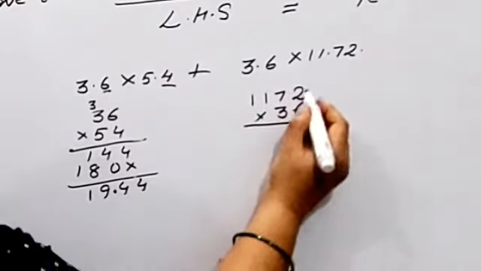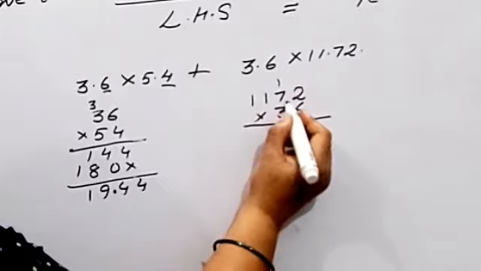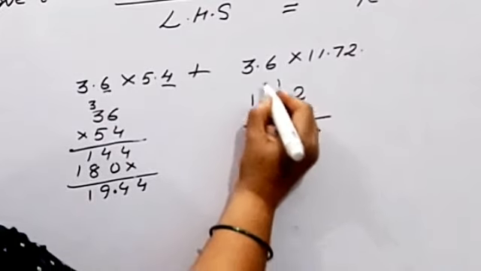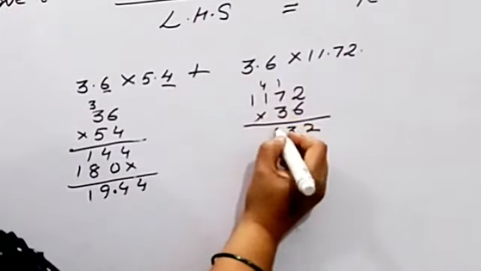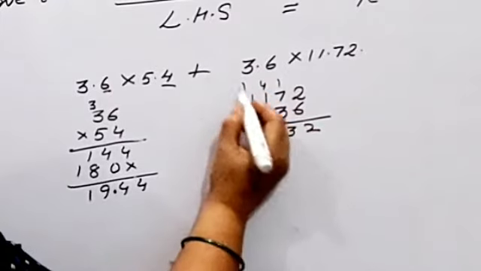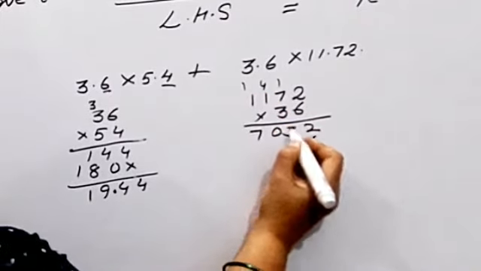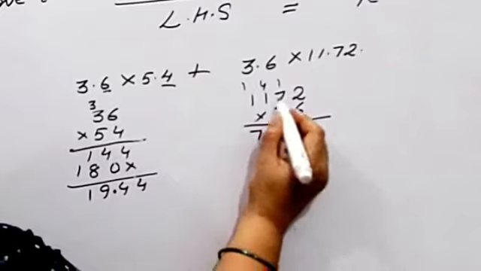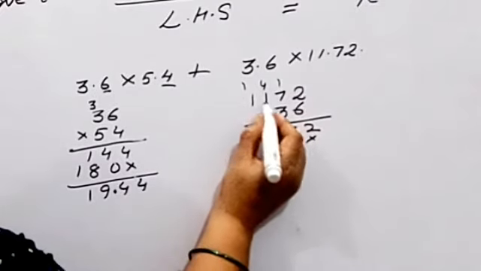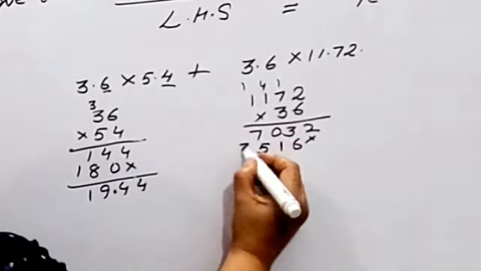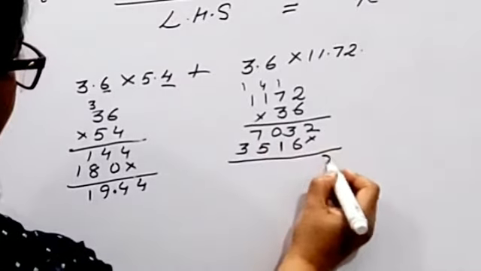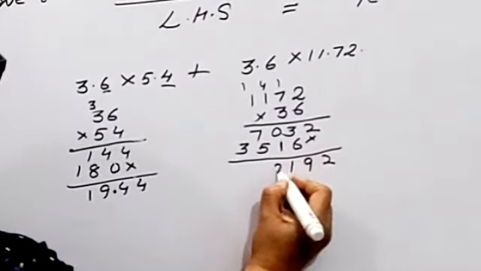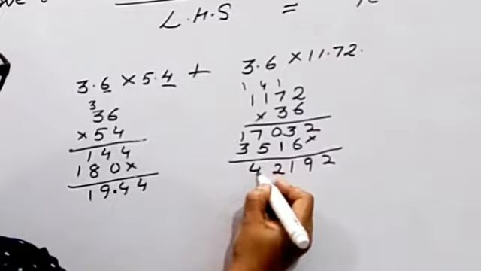Follow the multiplication. 6 2s are 12, 1 carry. 6 7s are 42, plus 1 is 43, 3 down, 4 carry. 6 1s are 6 plus 4, 10, 0 down, 1 carry over. 6 1s are 6 plus 1, 7. Next multiplication: 3 2s are 6. 3 7s are 21, 2 carry. 3 1s are 3 plus 2, 5. 3 1s are 3. Sum up: 2, 9, 1, 12 means 2 down, 1 carry over, 4.